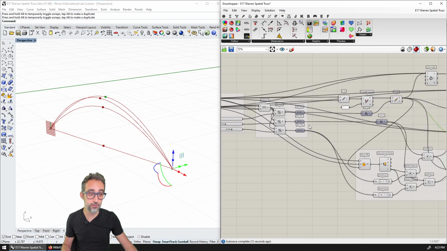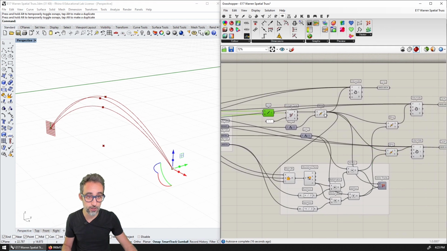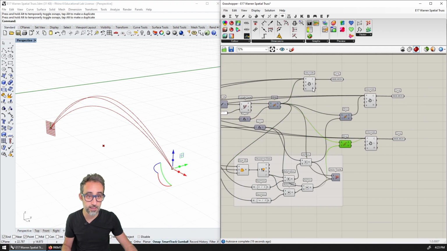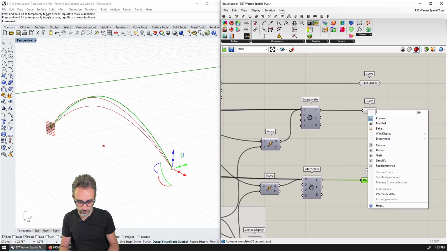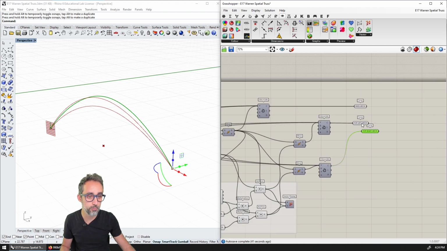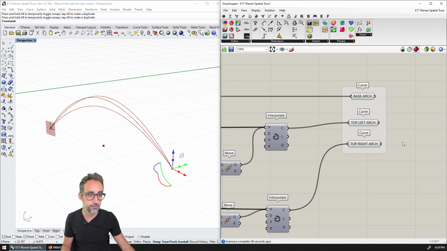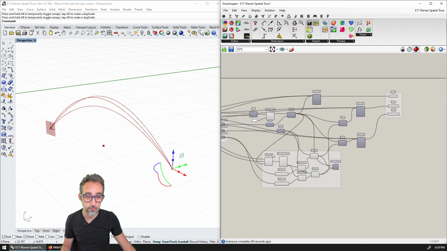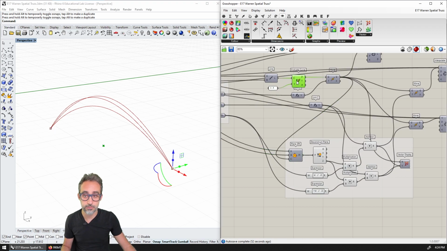So I'm going to now turn off a bunch of geometry that is kind of temporary, like this one and this one and this one. I'm going to make sure that I end up with the clean 3 boxes. Top left, for example, top left arch. And this is going to be top right arch. I'm going to move them here, and create a group to make sure that they are very clearly identifiable. I'm going to turn off the plane as well, and then this middle point here.